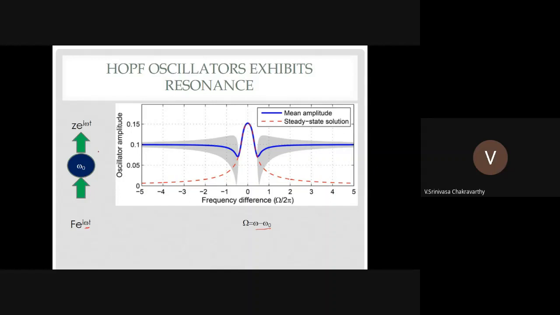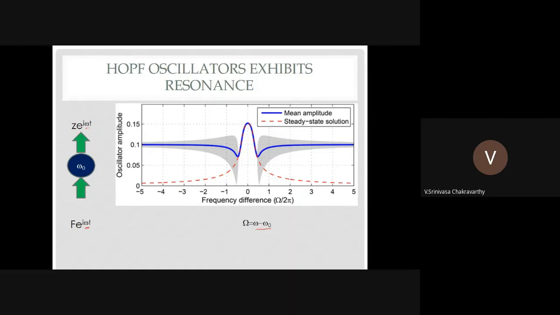So if that happens, then the output will also be a sinusoid, and the output frequency will be omega. So that means the oscillator will follow the input frequency and not exhibit its own intrinsic frequency omega naught. Which is a nice property. And not only that, this plot, I'm not going into the underlying equations, but this plot represents the magnitude of the oscillator response. That is the mod of this whole thing,